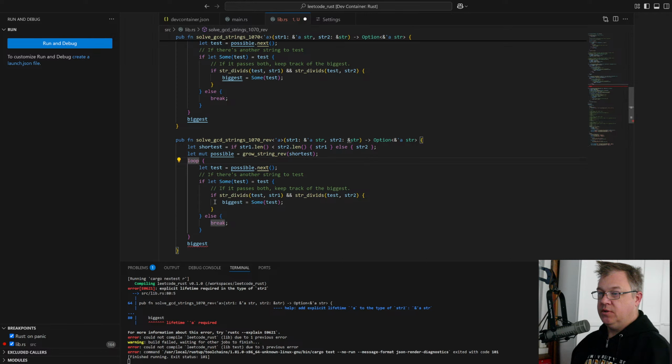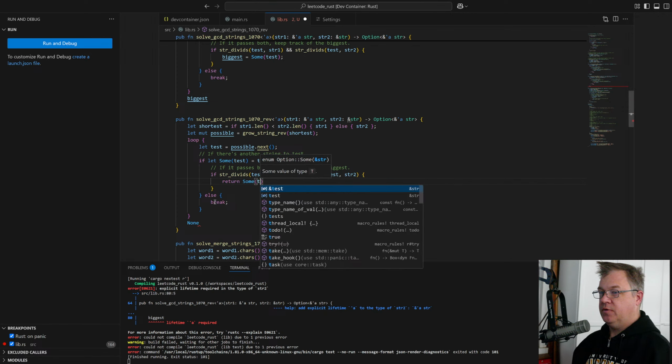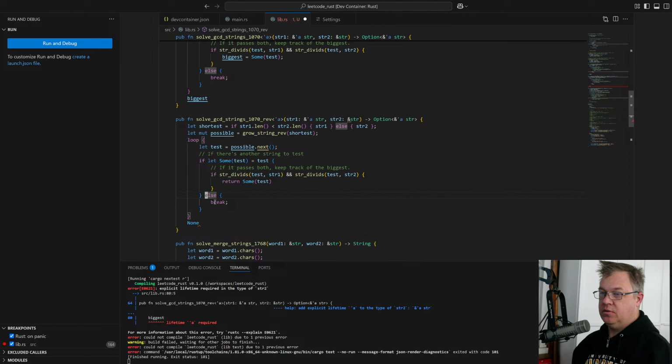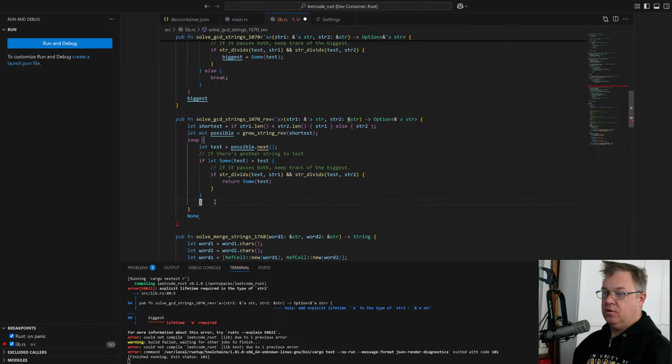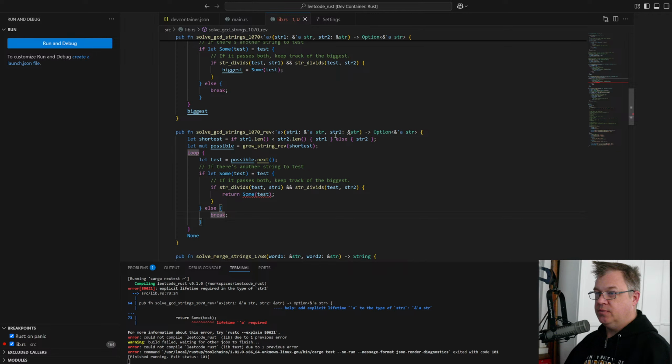We don't need to keep track. If there is something down here, we're going to return none. If it does divide them both, we return sum of test. I think this will do it.